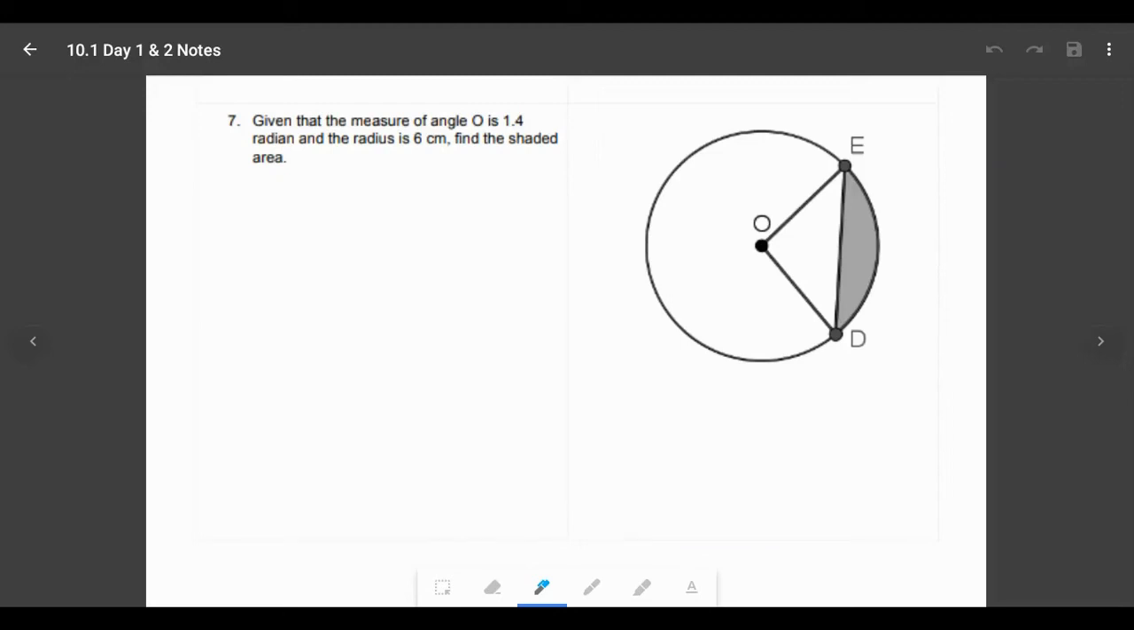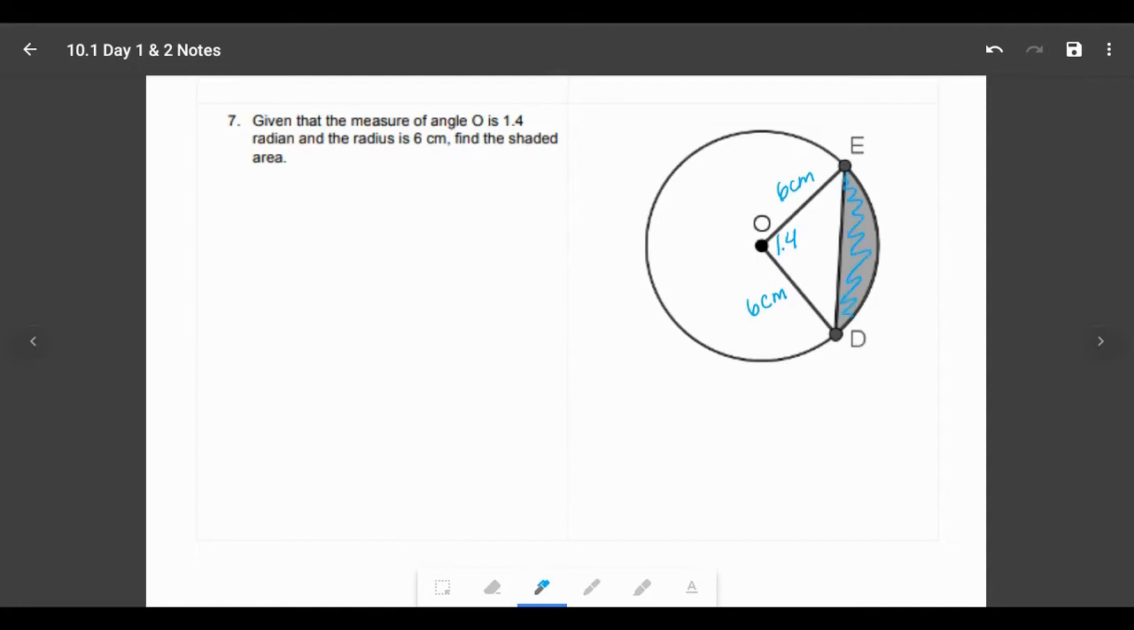Okay, for our 10.1 day 2 notes, we are going to continue the problems we were working on yesterday, starting at number 7. And number 7, we're given the circle here where our angle at center O is 1.4 radians. And we are told that the radius of circle O is 6 centimeters. And the problem is asking us to find the shaded area